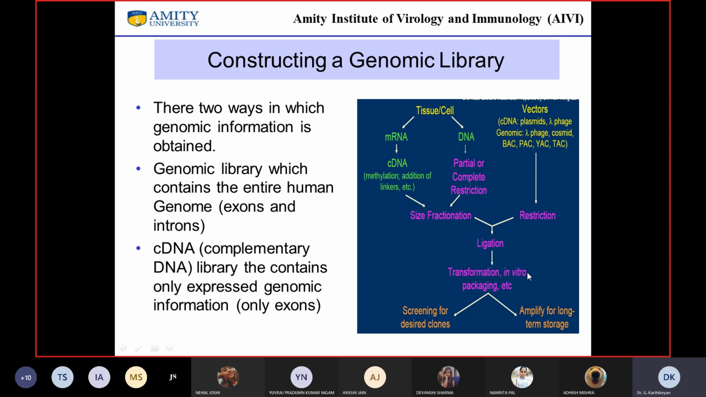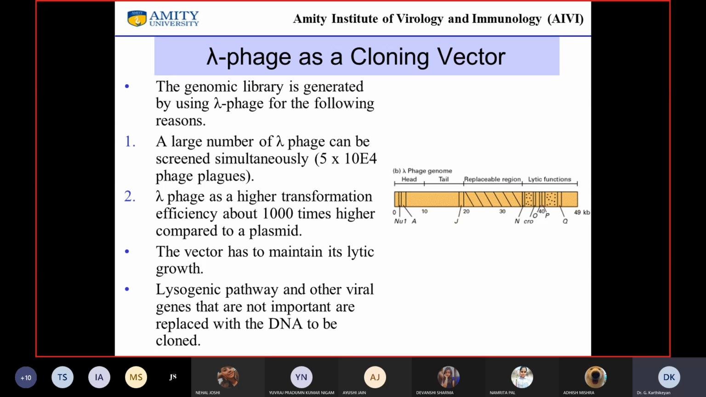You would transform them into E. coli, or depending on the system, what system we will see today, you will be screening for the desired clones, and then you would probably be amplifying them for long-term storage. Okay, so typically, as we have talked, when it comes to genomic libraries, the initial approach was to use